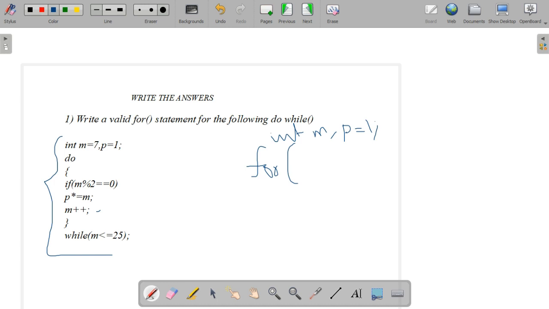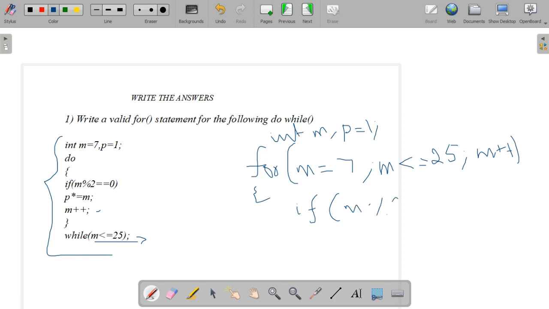So m is equal to 7, because here mostly we are using the condition on m. That's why m equal to 7, semicolon. What is the condition? m less than or equal to 25. Then what is the increment value of m? m plus plus. Open the braces.